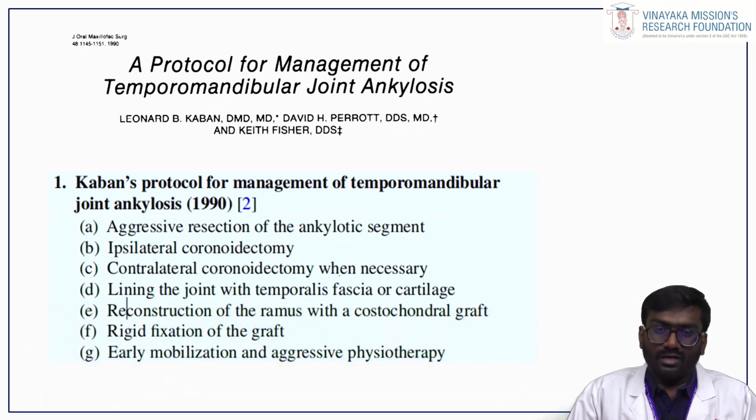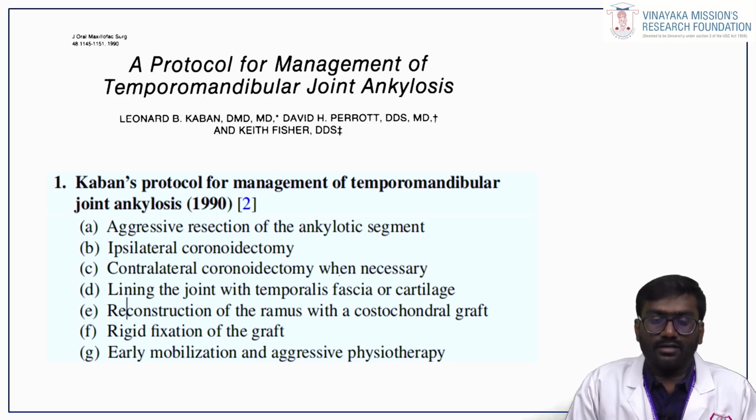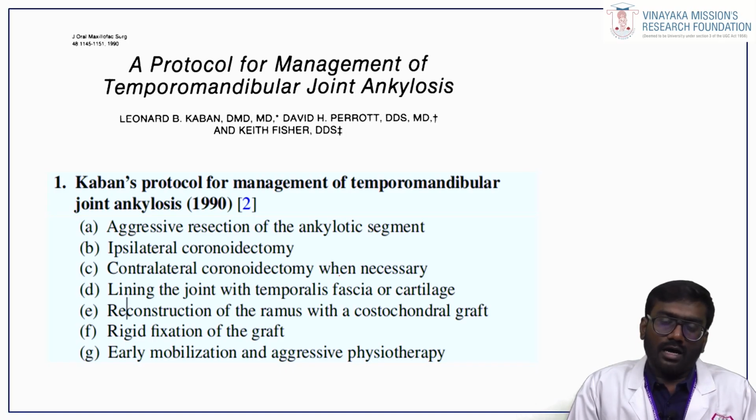Because if you relieve less than 1 centimeter, the bony fragments are in close proximity. There are chances, 100% chances, that the fusion happens again. Hence Caban coined the terminology aggressive resection of the ankylotic mass, which is the first step. Second, ipsilateral coronoidectomy. In an ankylosis patient, many times when we encounter these radiographs,